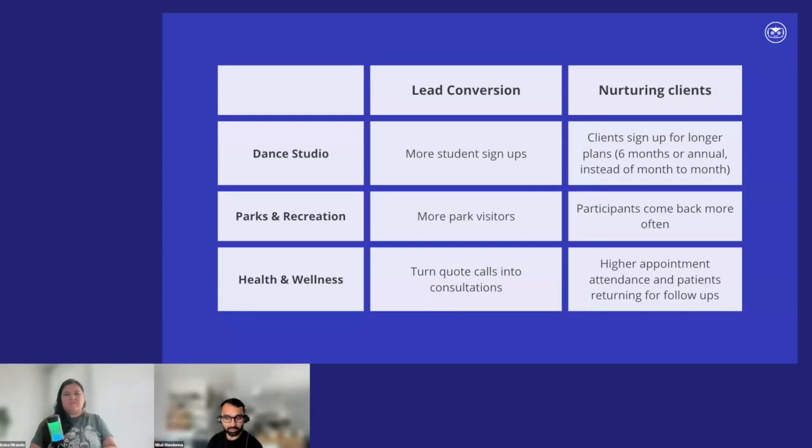So I think these are all a good top level overview of what can be done, just to visualize it. But of course, it all comes down to understanding what you're trying to do with the immediate conversion, and then what you're trying to do long term with the nurturing.